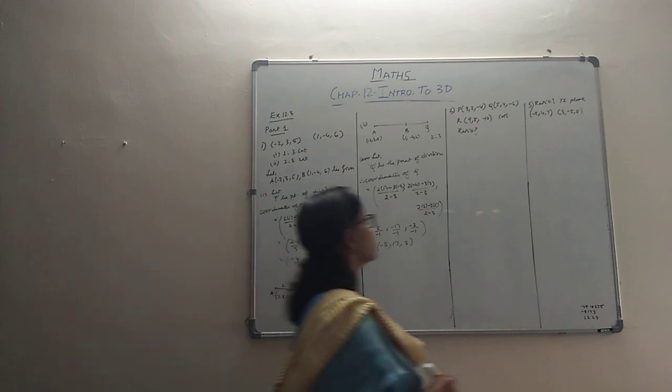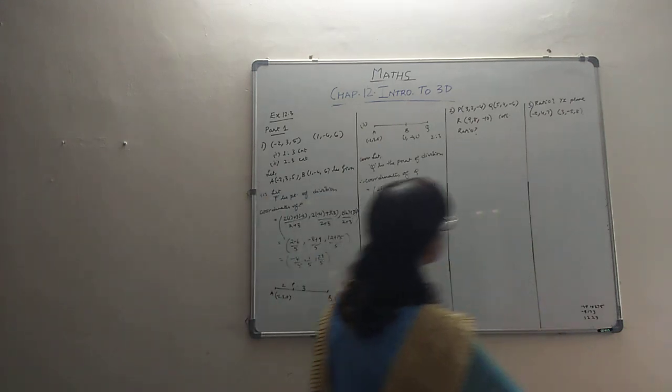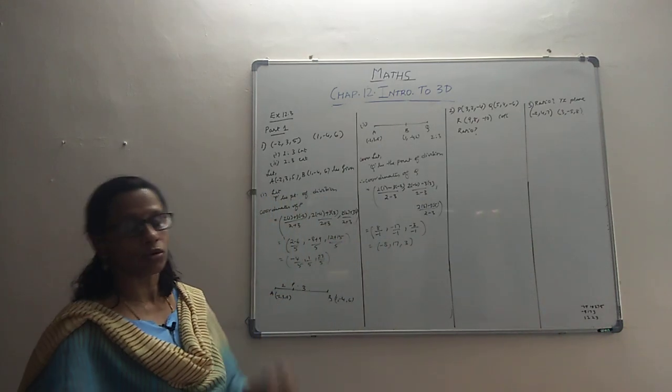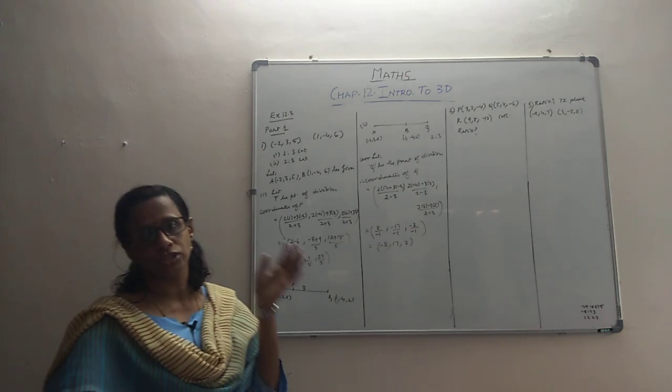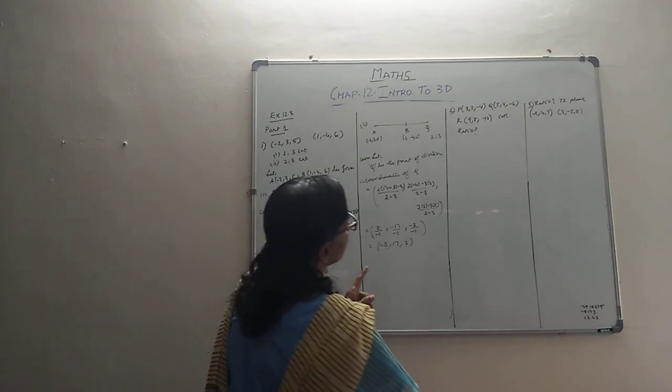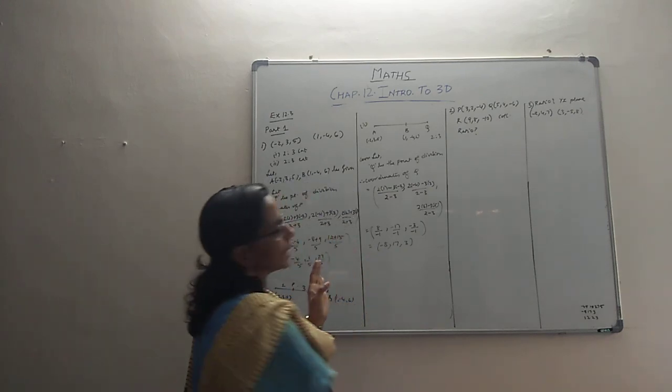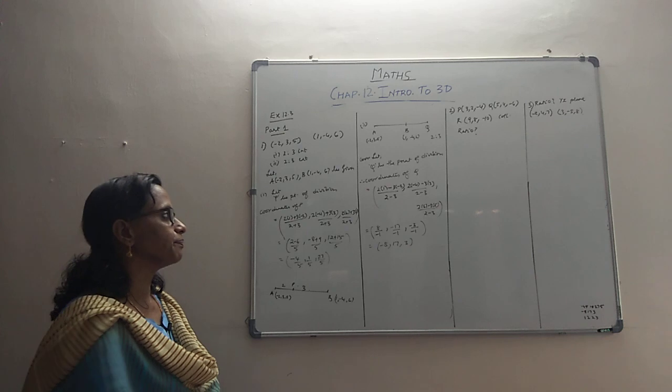Once we are done with that, probably we can move to the next question, which says that there are 3 points P, Q and R. It's already given that it's collinear. They ask us to find the ratio in which this collinearity happens. That is what they say.